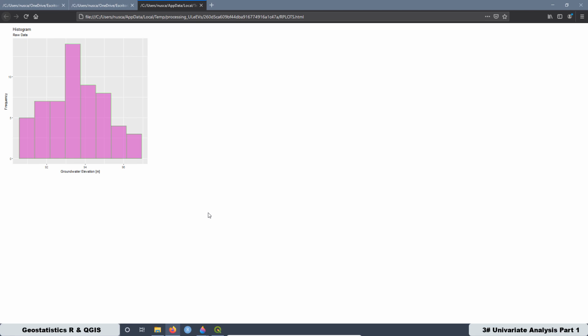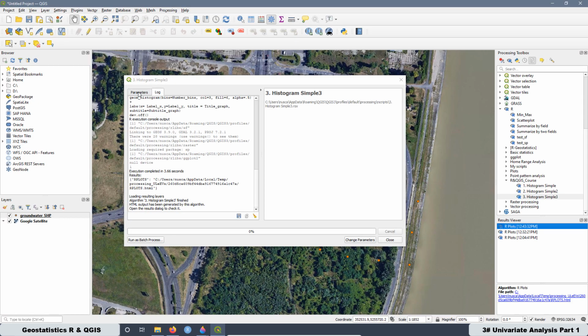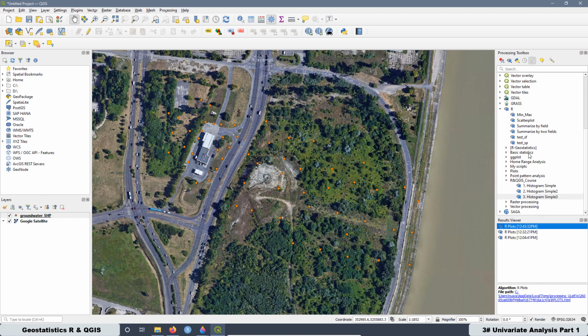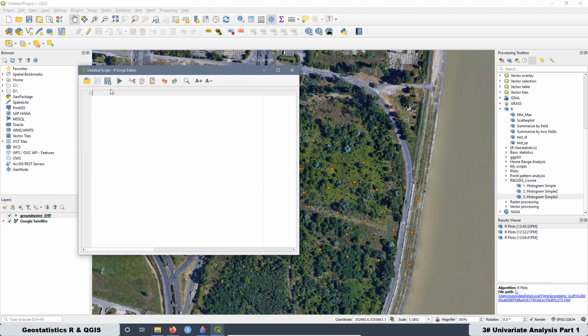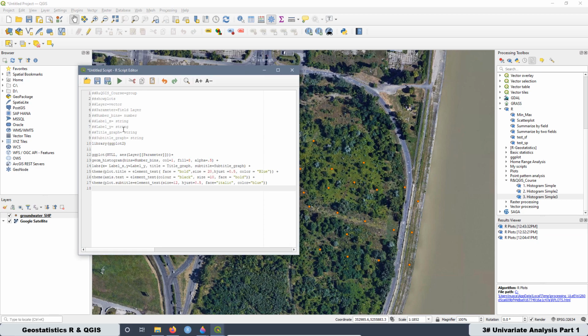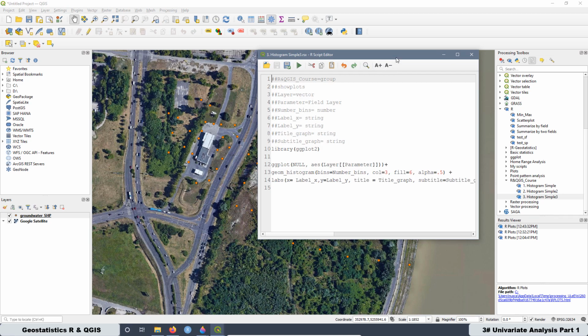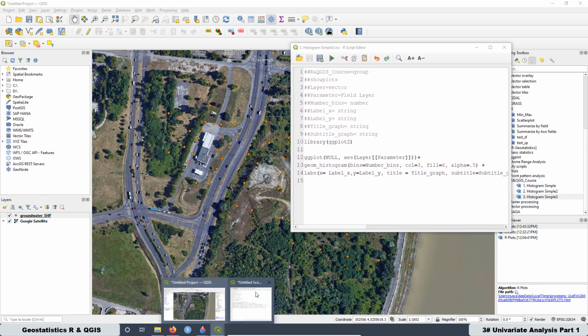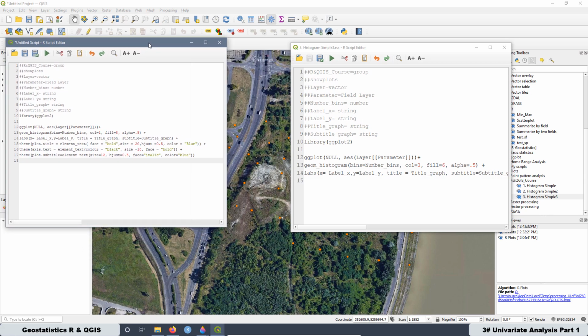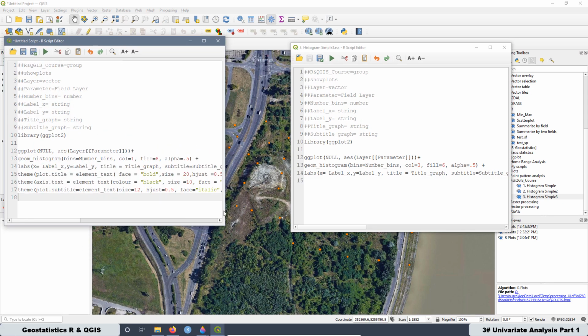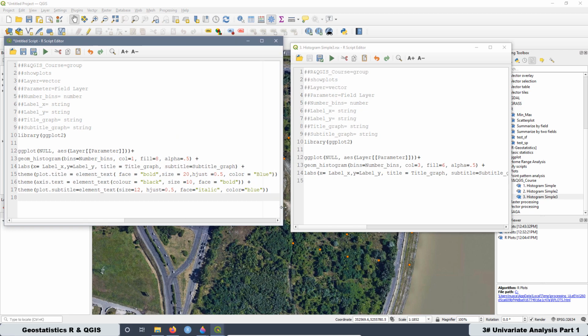Now let's go one step further in the customization of the graph. In this new script, I'm going to show you how you can edit the labels. Then I'm going to create a new one, and I'm going to paste over here, and I'm also going to open the number 3 to compare, edit, make this one bigger. Over here, I'm going to bring the other one. I'm going to make this one bigger, and as you can see, there are not too many differences,